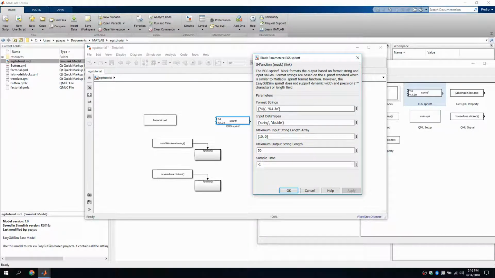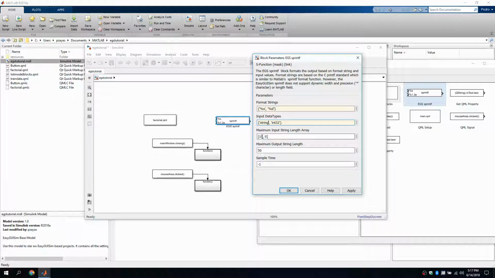For example, %s means the input is a string and will be added to the output string unchanged. %e means scientific notation. You can add a number before the letter to specify how many decimal places to show. In this case, we're using 3 decimal places. %d is used to display integer numbers with no decimal places. Format strings follow the printf standard. There is a lot of information on printf on the web and even in MATLAB's help.